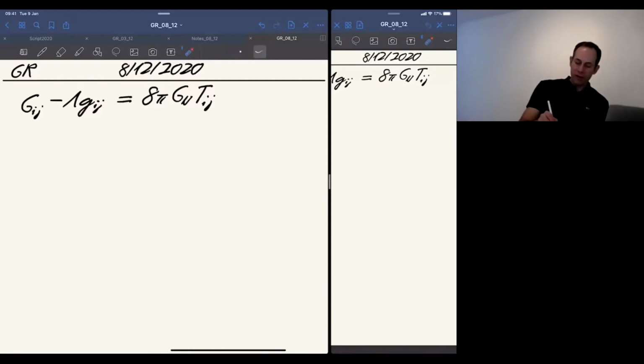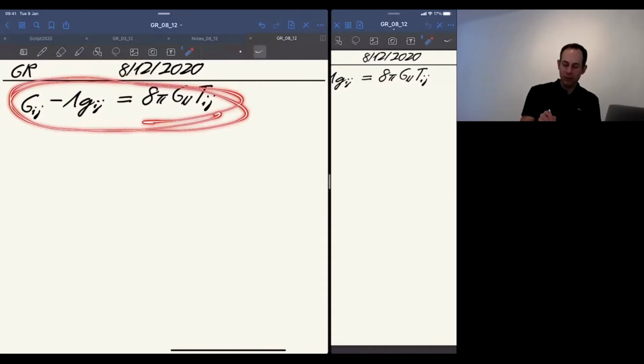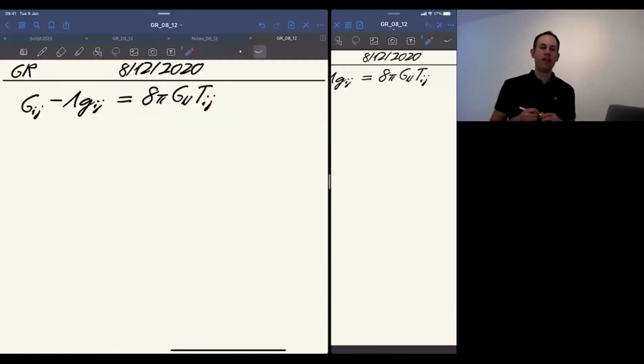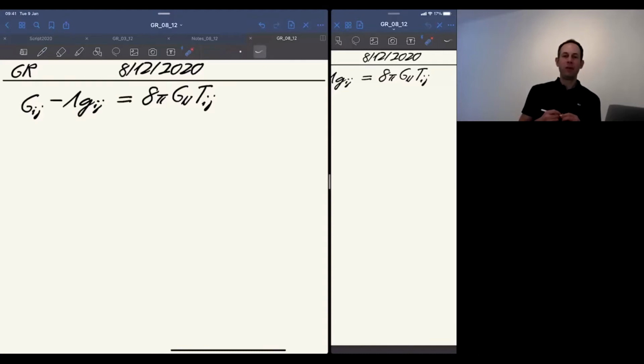Still, there are certain parts in this equation which needed further experiments. And one part was this. This was a part that Einstein added because he realized that without this term, if you set the cosmological constant to zero, then the equation will not lead to static solutions. And Einstein was convinced that at the end, the universe is something static.